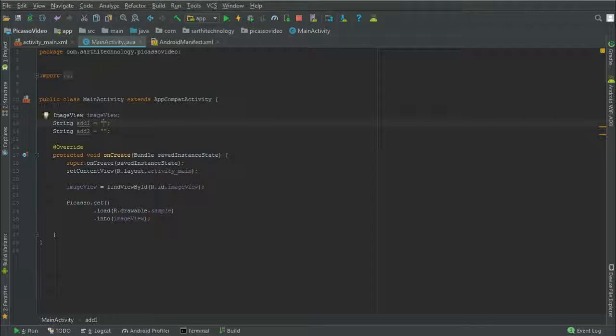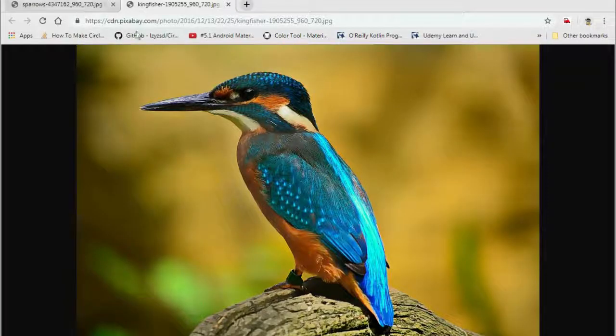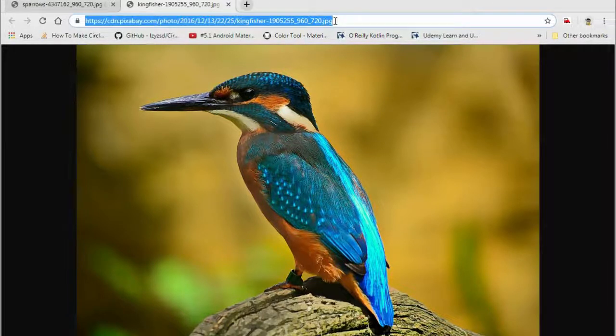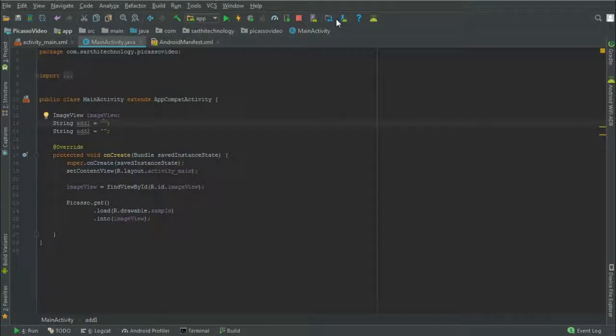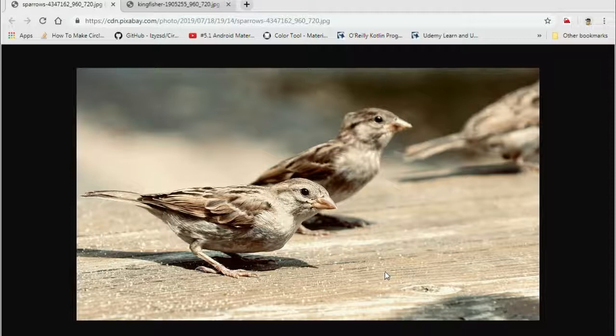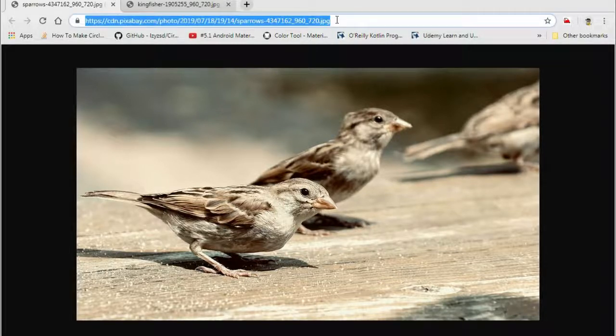In the first address 1 we will add this kingfisher image. So copy its address and paste here. In the address 2 copy this address